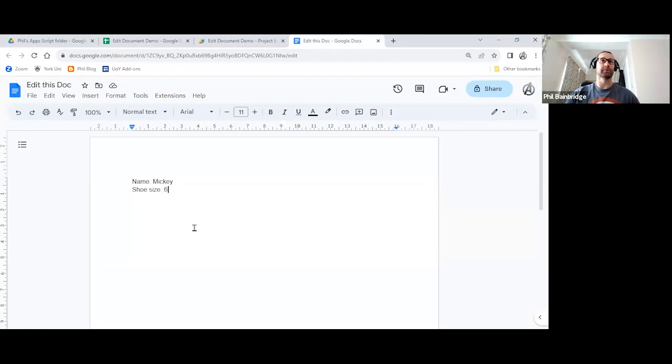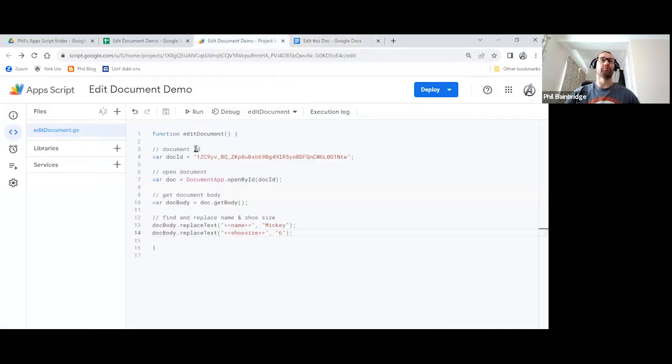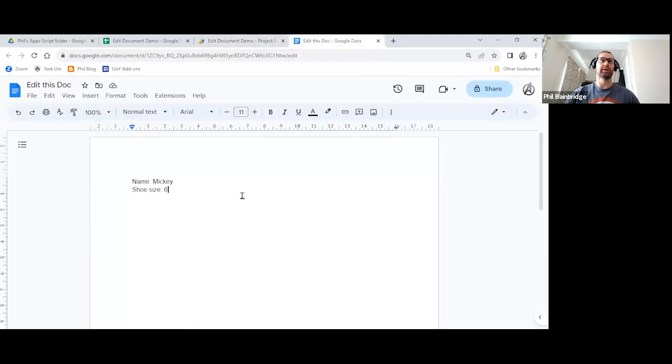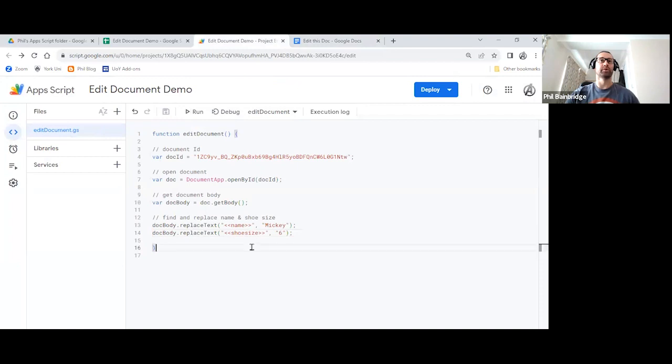So that's been successful. Now, for those of you thinking what happens if we were to then rerun this code immediately, it wouldn't break, it wouldn't cause any problems. It would just run and be successful, but inevitably there's no tags anymore for it to find and change. So if you want to retest this going forwards, you will just need to recreate the tags in your Google document just so you can have a little bit more practice with it. But ultimately, that's it. That's how we can edit an existing Google Doc using Google Apps Script code. Thank you very much.